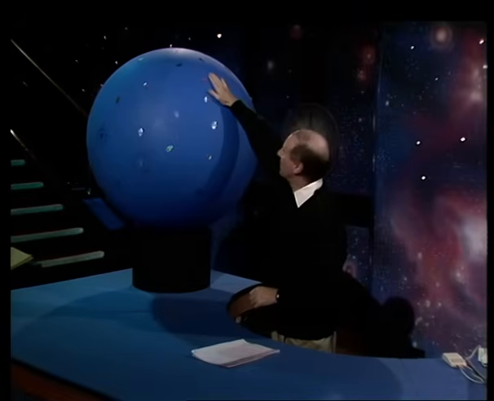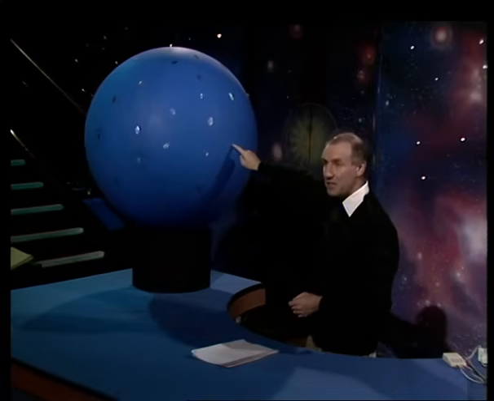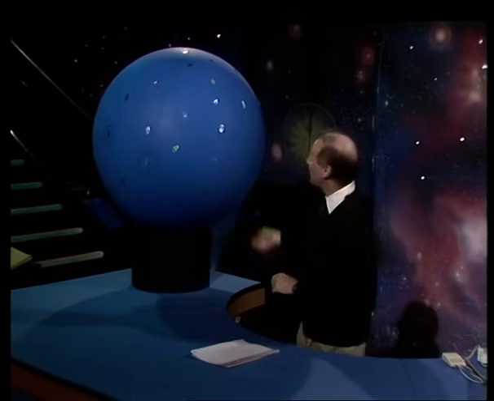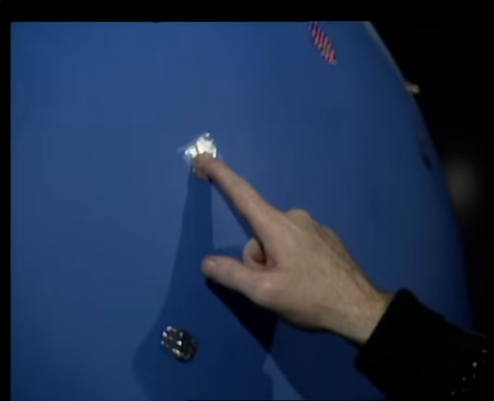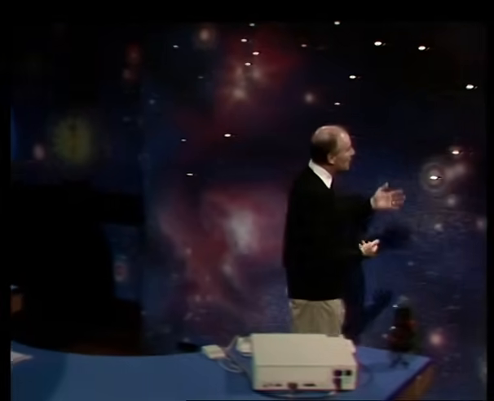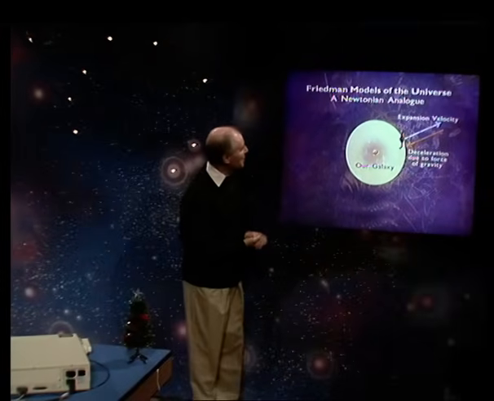Well, we can build a very simple model to get the exact answers for what we expect. We can imagine that this is a little bit of universe, a spherical bit of universe, and that our galaxy is at the center, in the very center of this sphere. And then, as the sphere expands, we would see the universe expanding about us. Now, we can then ask, what would be the forces on a little galaxy sitting at the edge of this sphere about us? Now, we can see on this picture here what we expect.